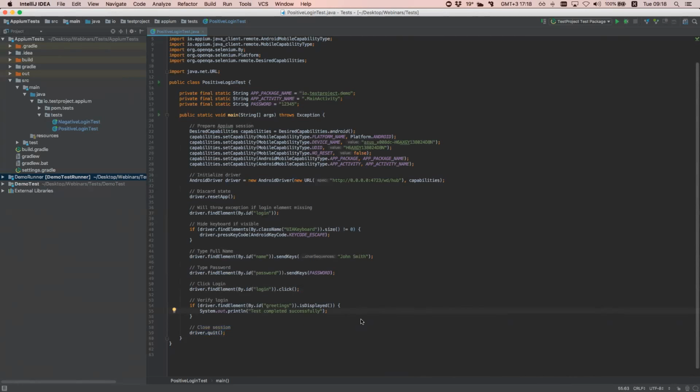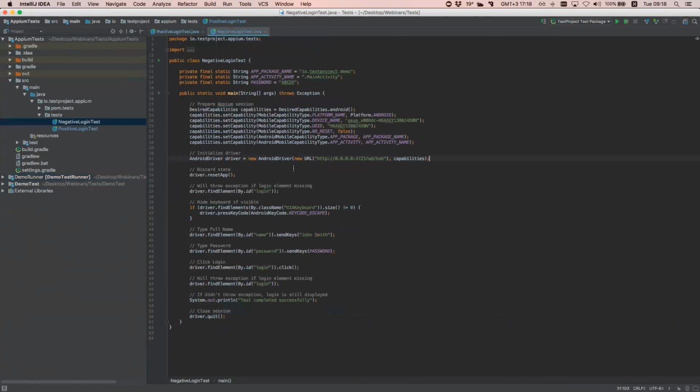Now, I'm going to show you the same test, but with a different outcome. The reason for the different outcome is that in the previous case we entered the right password, which is 12345, and the application accepted it. But in the negative test here, which you can see is basically almost identical to the previous one, the success criteria is different. Once the login button has been clicked,